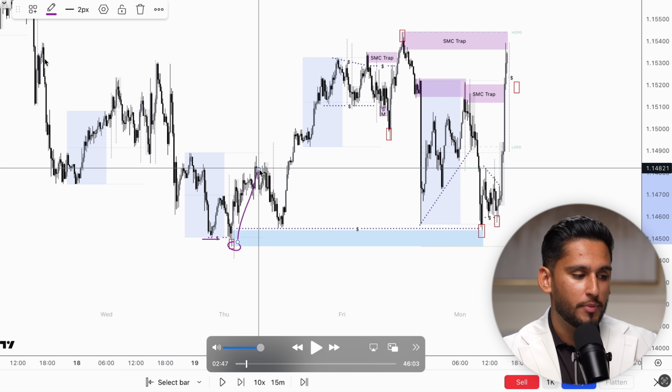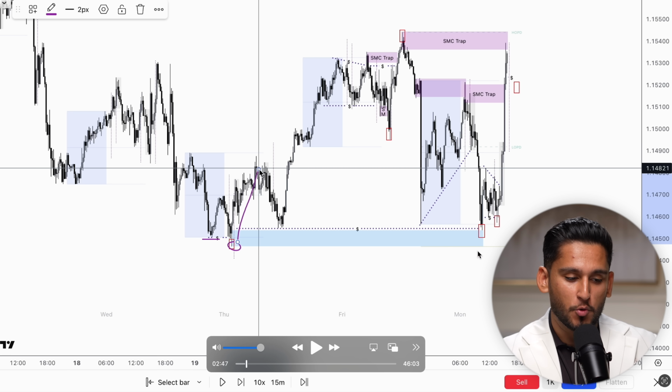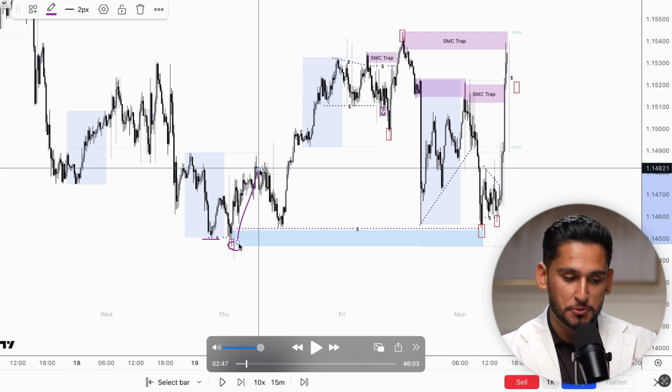Why did it go lower? Oh, because we took all of the liquidity of this 1, 2, 3 Asia high resistance level and smart money trap. So this inducement took control, bearish reaction, and then these inducements over here of 1 touch, 2 touch, 3 touch, 4 touches of support and Asia low induces into a previous inducement demand. Therefore, when you get one inducement, you get the next inducement, the domino effect, and then price expands.